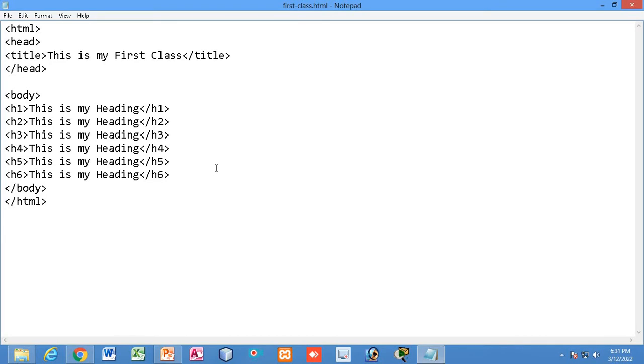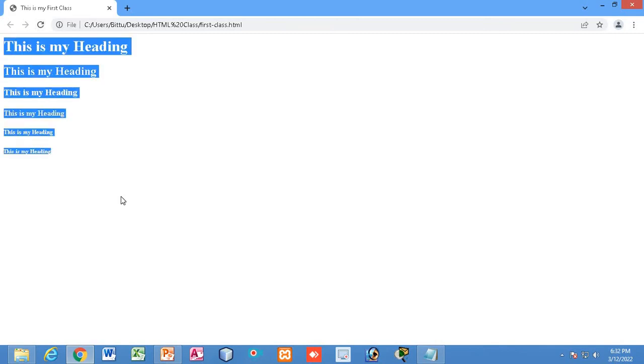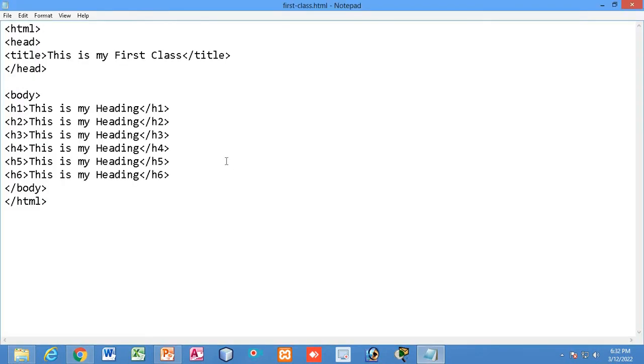So what is the difference between all these 6 headings? Is there any significant difference? Let us see in the browser. So if I go and refresh, you can see there are 6 headings, right? This is the largest heading, okay, and this is the smallest heading. So what do we understand by this? Okay, what have we understood by observing that